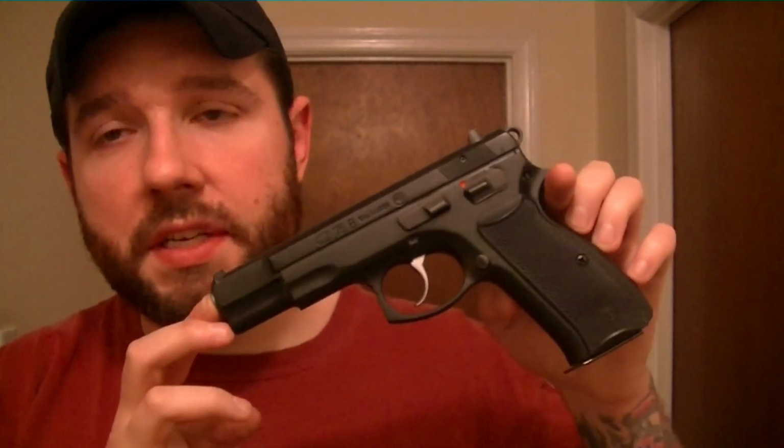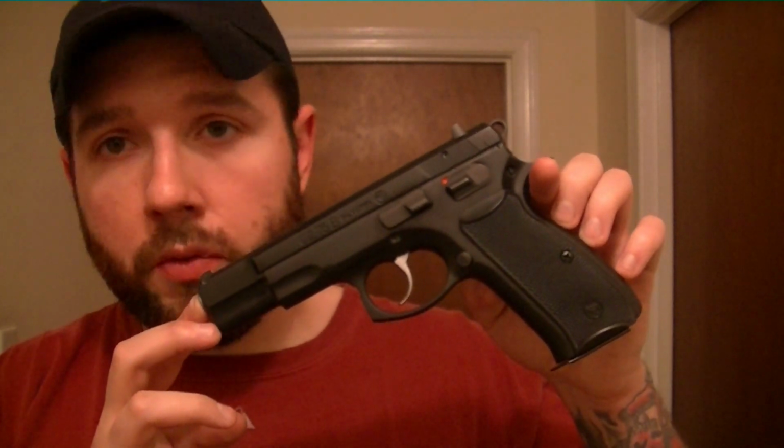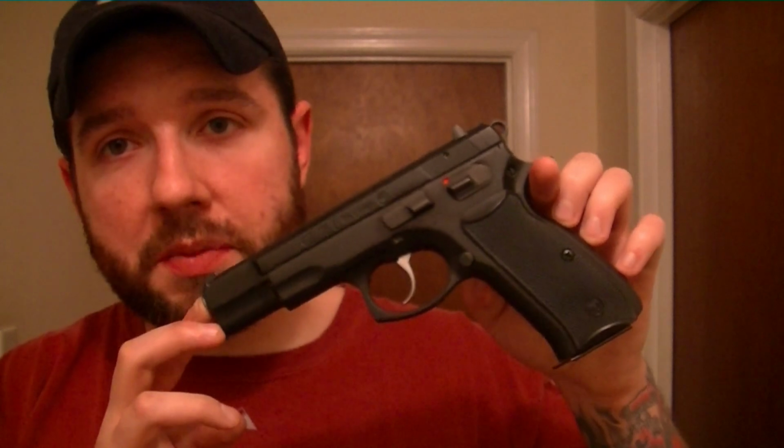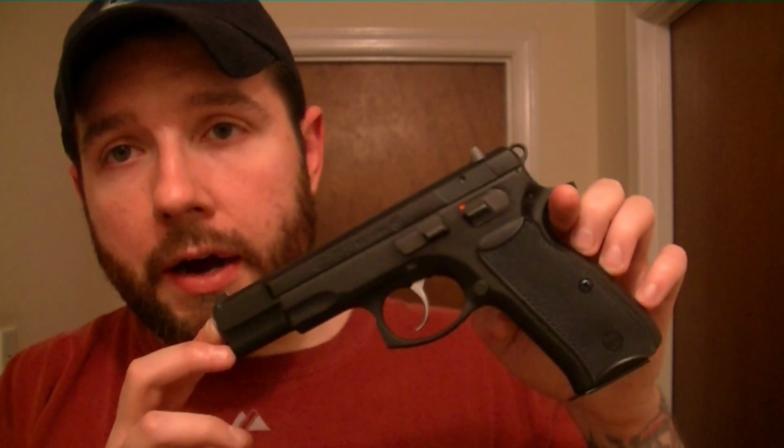How reliable is the CZ75B? I would equate it to the same principle as an AR-15, only better. I believe it to be more reliable than an AR-15,